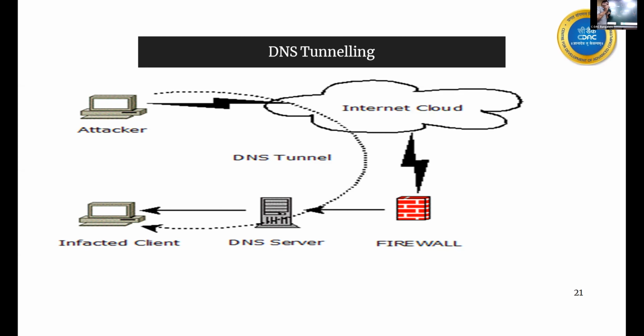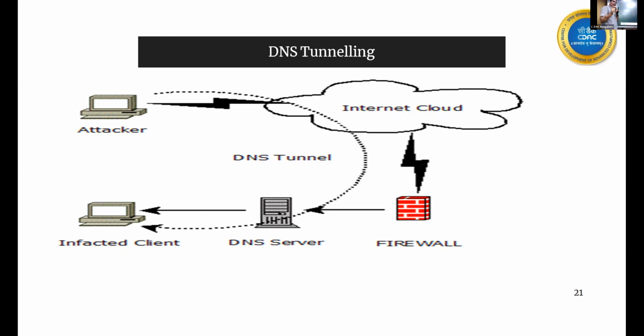Now the hacker has to do what? He has to install one malware here. His task is just to install one malware. It is called DNS tunneling malware. So suppose that malware is here, and suppose that malware is running here. Now, even though on the firewall you say deny all